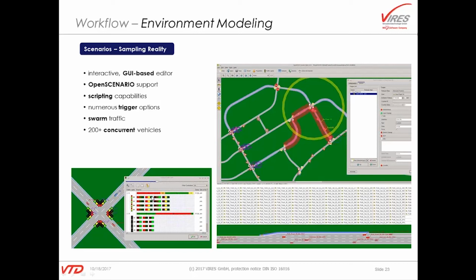On the left side, you can define your traffic light control programs here with the timing. So we can not only control our own vehicles, we can also control, of course, infrastructure elements. On the bottom, you see that we can create quite a high number of vehicles in our traffic simulation, in our virtual environment. This is an excerpt from a scenario where we were simulating a highway merge, and we were having something like 400 vehicles running in real time in this environment.